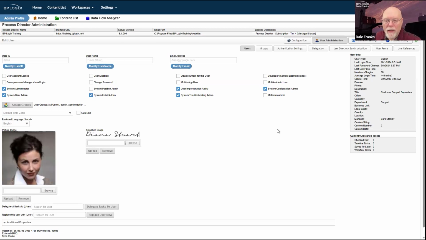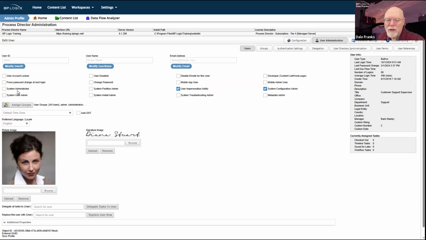By ensuring that each individual administrator has their own built-in administrator account, then I can ensure that if somebody goes in, logs in as administrator and makes a change, I pretty much know who did it. And so whenever you have these built-in accounts and you're creating them as administrators, you would create them normally as a system administrator. And when you select system administrator, let me unselect all of these different admin buttons here.